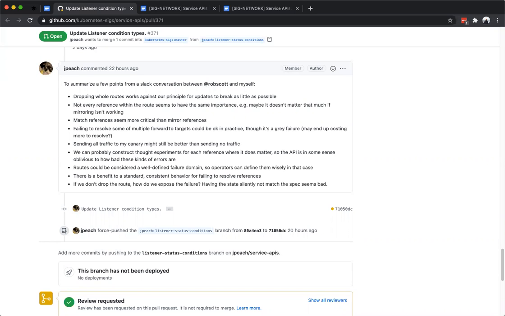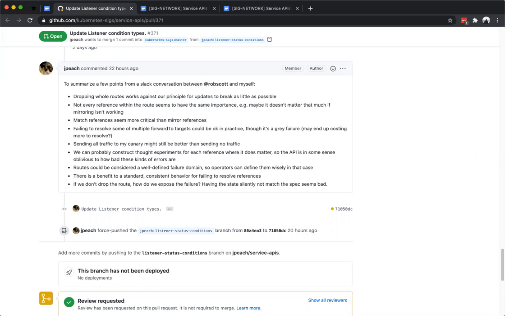Well, okay. And similarly for forward to, I'd argued, well, okay, let's say that you have multiple forward to targets and you only lose one of them. And maybe it's only your canary target that is an invalid reference. Do you want to drop all of your traffic? But obviously we have no way of knowing which one has become invalid. So yeah,